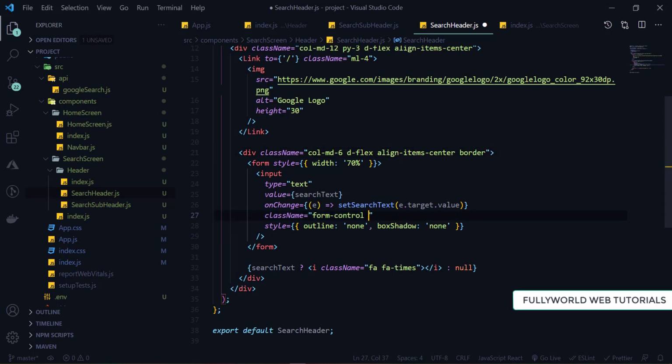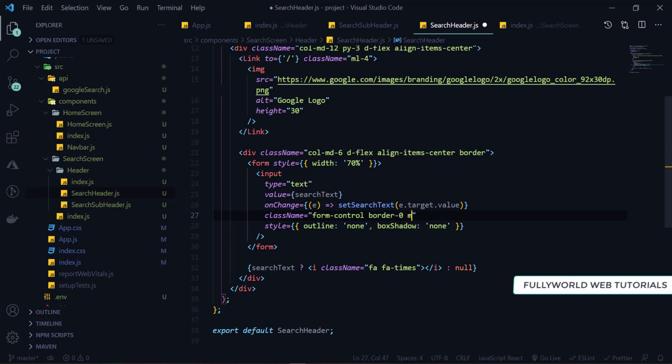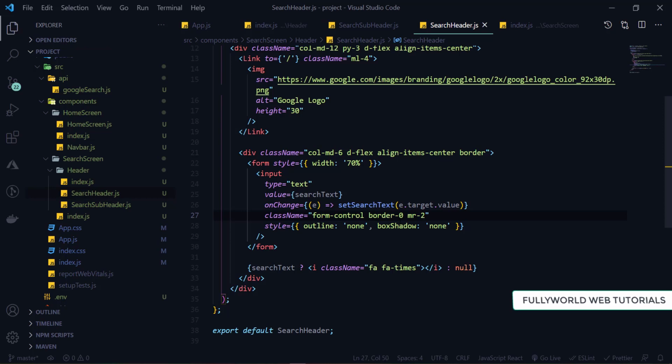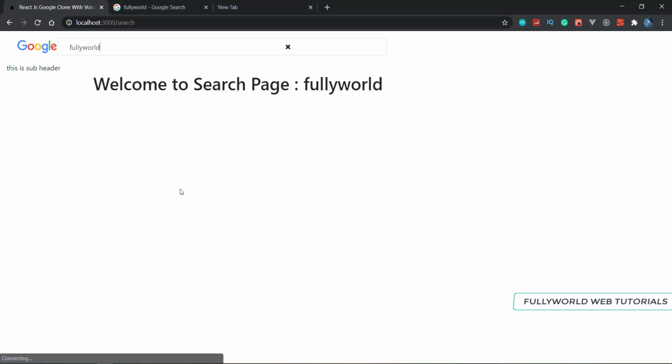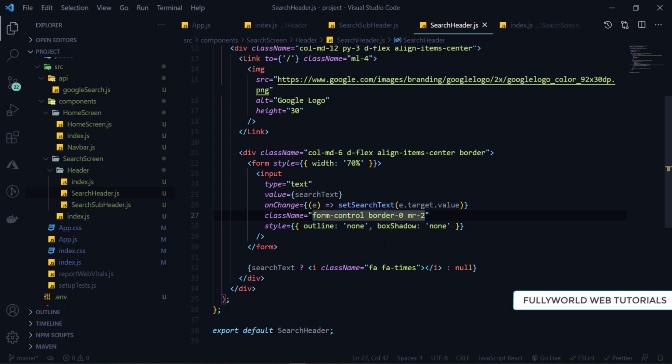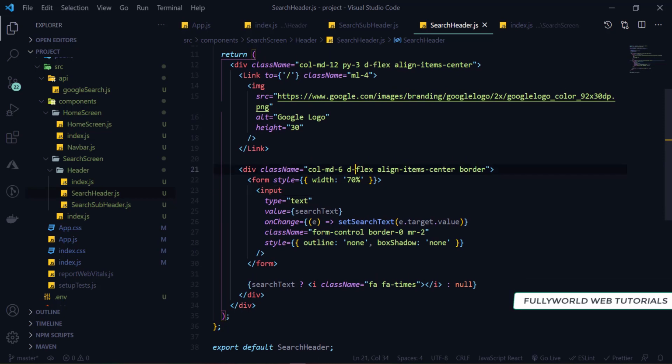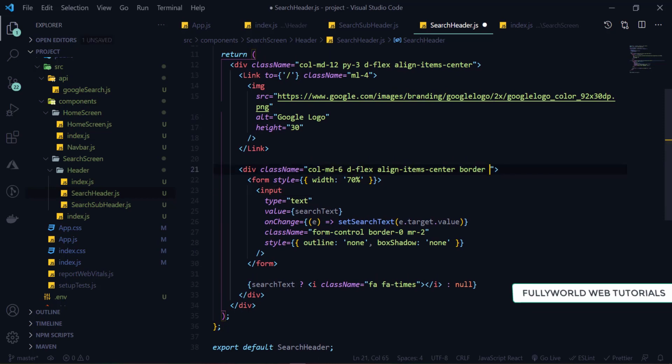Now let's see. So see that we have border like this, and now we can search also, and we want margin X. I'm going to write here, and now we have to set margin for here also. So margin left will be 2. Save this. Now see that it is looking good. So here I can write anything. See that. So it is not that good enough, but it is looking good.